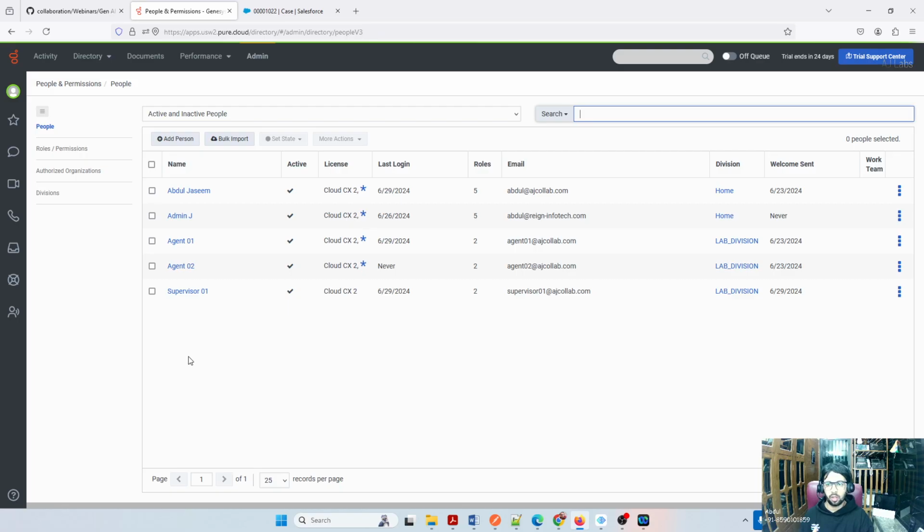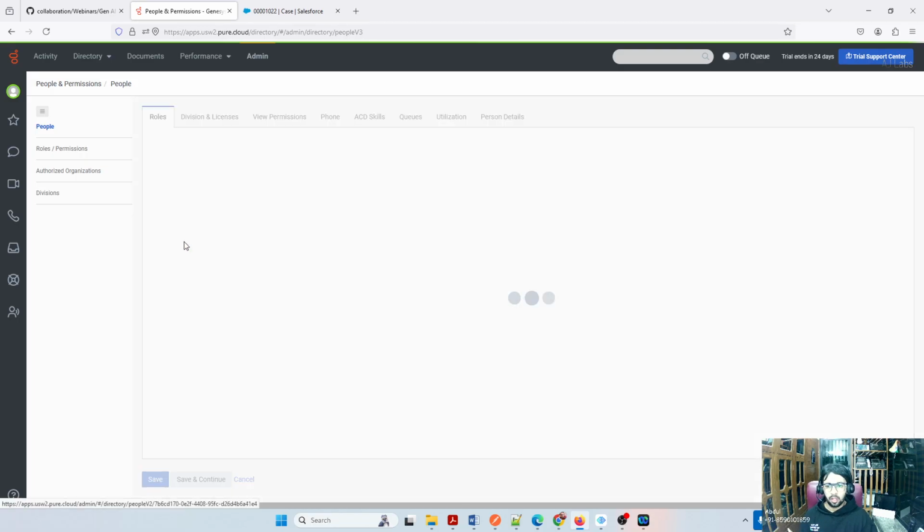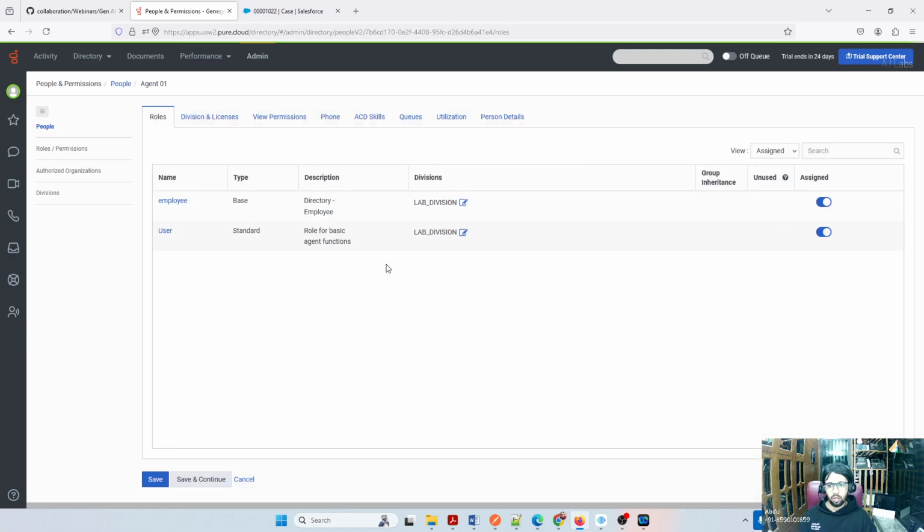Agent, supervisor, admin, everyone logs into the same interface. It is a completely role-driven interface. When you log in as an admin, only then can you see the admin menu here. If you log in as an agent, you shouldn't see that. Based on the role that you assign to a user, your view will change. If you take Agent 1, he will have only two roles: the employee role, which he has by default so he can log in, and the user role. This role basically enables that user to become an agent. These two are required for an agent to work as an agent, because later we will be logging into the same interface as an agent to handle the chat messages. So I have two users with these two roles.